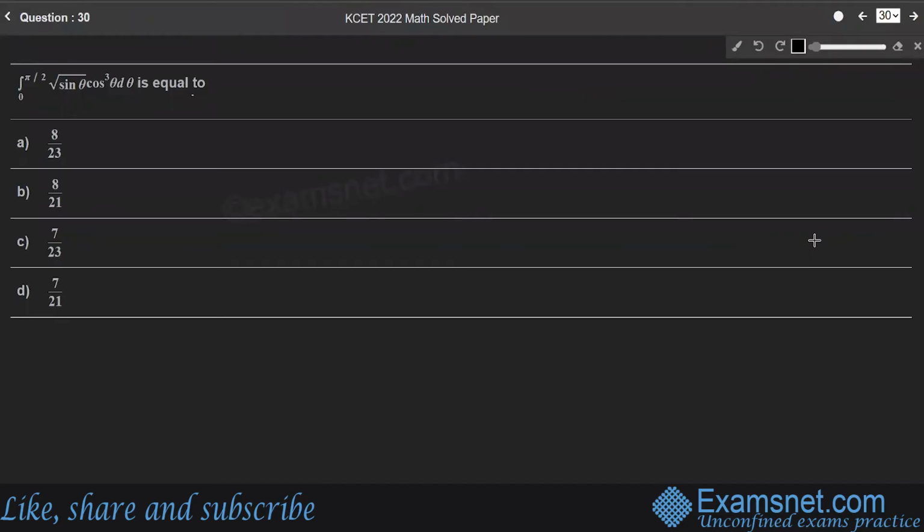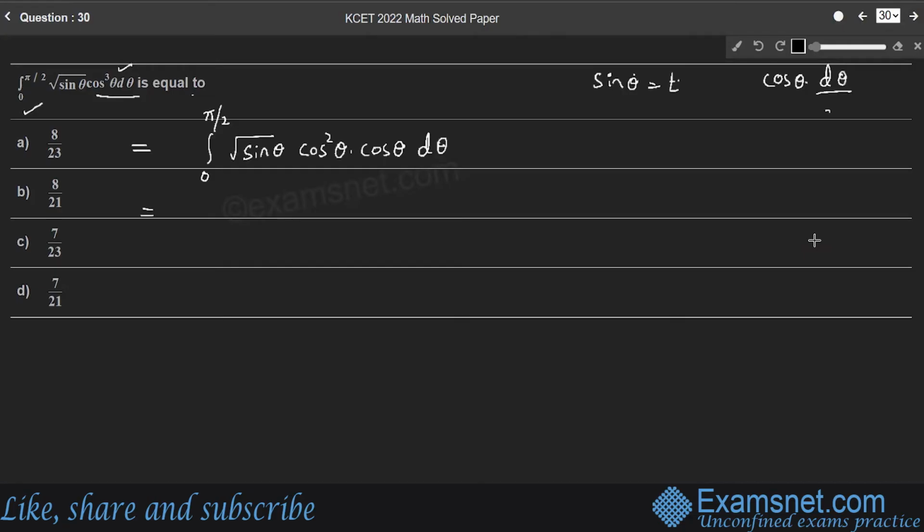Question 30. Integral 0 to pi by 2 root sine theta cos cube theta d theta is equal to. So the given expression is integral 0 to pi by 2 root sine theta cos cube theta. I'll write cos cube theta as cos square theta into cos theta d theta. So consider sine theta is equal to t, right? So when sine theta is equal to t, the derivative of sine theta becomes cos theta into d theta by dt